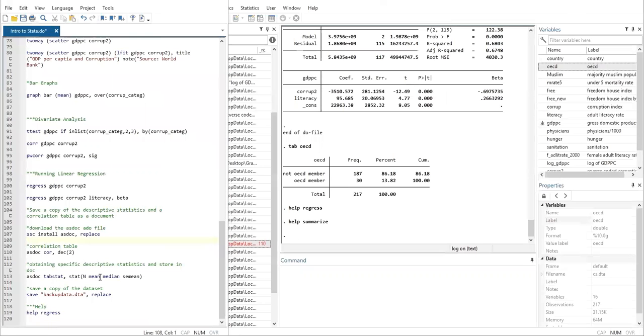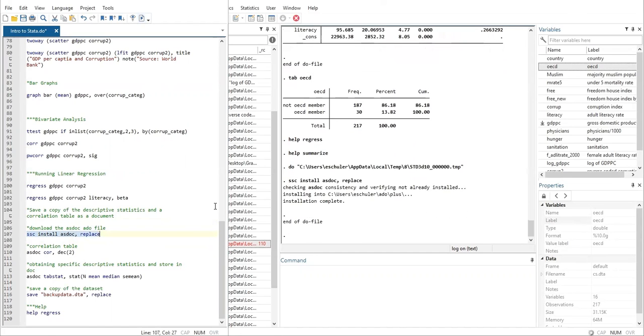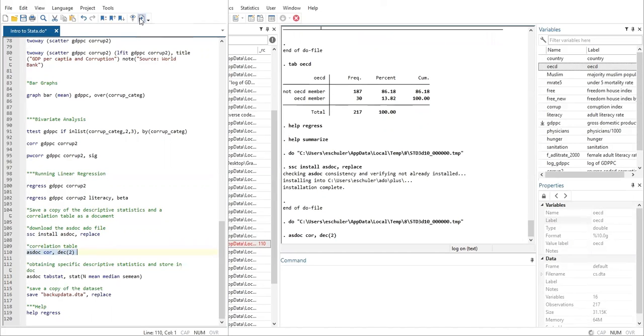Now let's say that you wanted to get all this information out of here. What I do now is install what's called an ado file. An ado file is essentially a STATA macro. When I use ssc install as.doc, comma replace, this is going to install the as.doc ado file. And what we can do then is say as.doc corr, so a correlation table with decimal points at 2. When we do this,